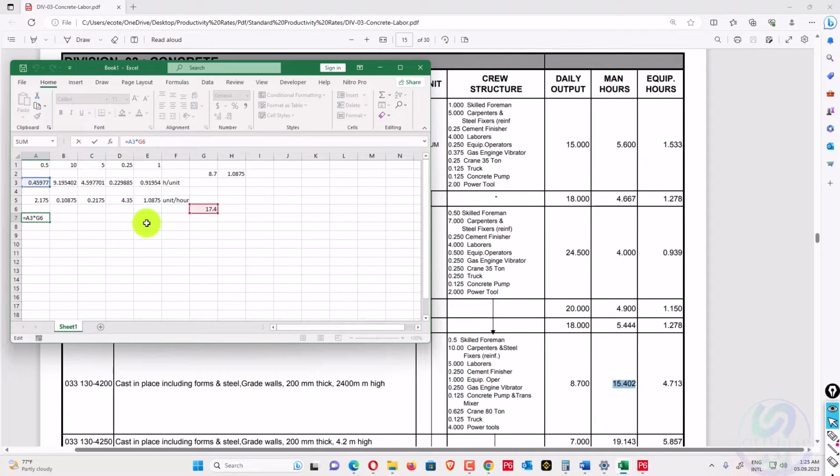Because it's double, a half man in a day, it will take 4 hours one day, 4 hours the other day. So I will just do one thing. I will assign a dollar sign in the front, and in between 6 I will just drag down up to E. Similarly, you can see here the total man hour is 268. So I have applied this productivity rate, hour per unit, and if I want to apply the other one, I will just go here, 17.4 divided by